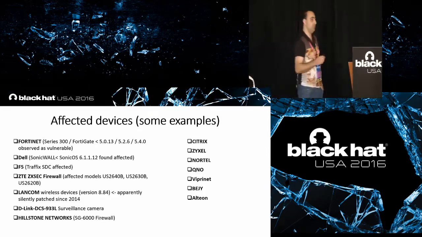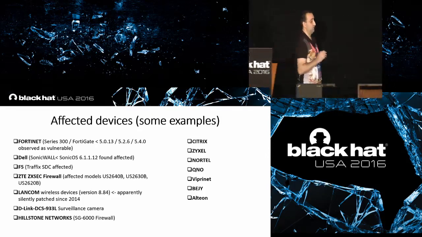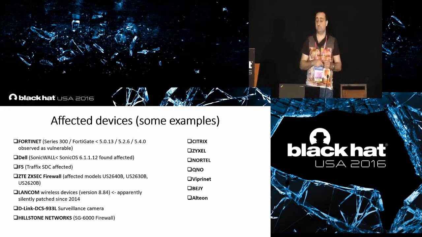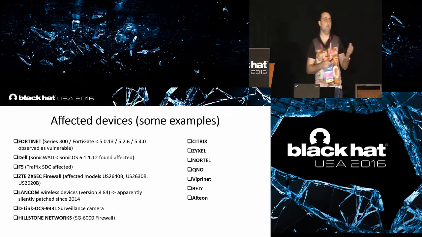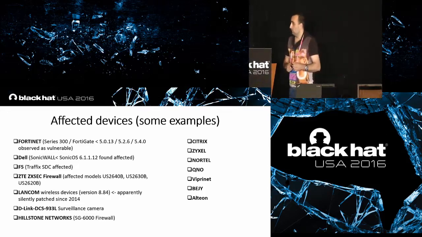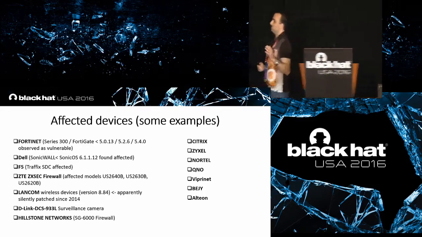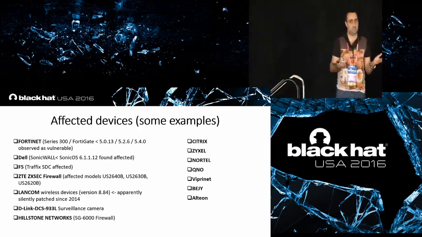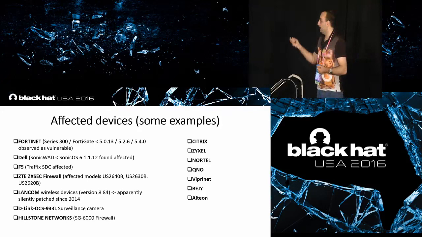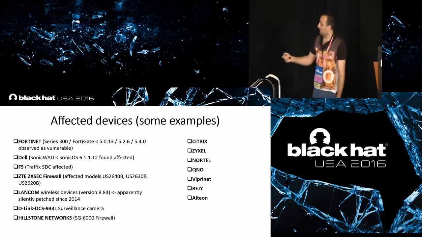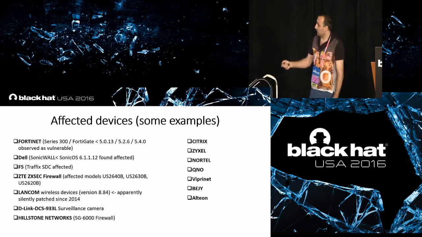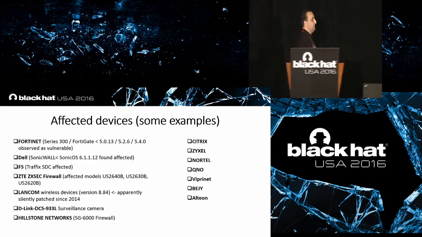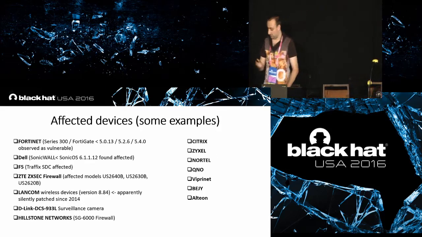It is very difficult, especially when you try to scan the internet, to identify specifically a version or a model of a vulnerable device, because sometimes the exact model or version is not specified inside the certificate, and inside the certificate you can find, I don't know, some generic indication for the vendor. And the last device that I have found vulnerable, in June actually, is this surveillance camera from the link. So surveillance cameras and printers are also affected by this problem.